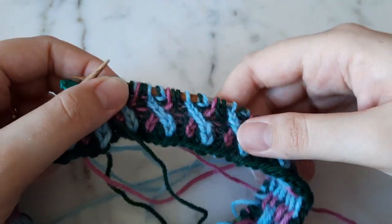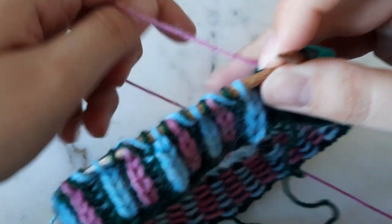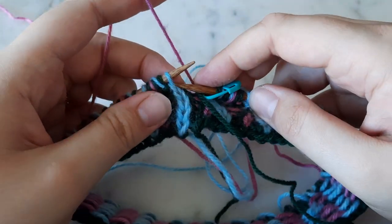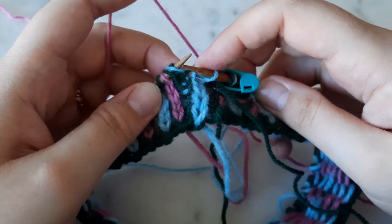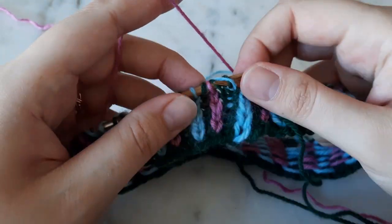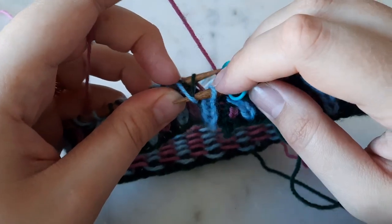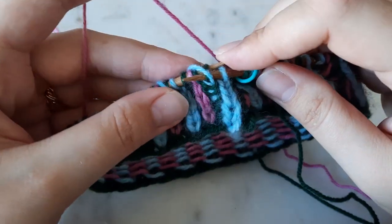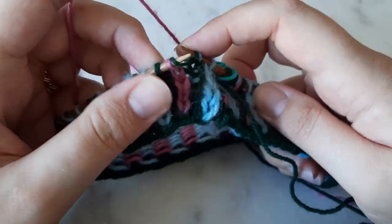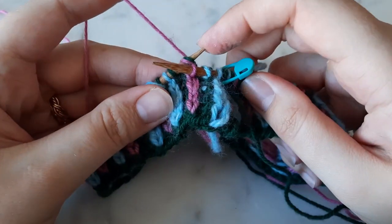Okay, so you can see I have finished working my way around with the blue, and now I'm going to continue working the same row, working my way around with the pink. So I'm going to slip that first stitch and then slip the second stitch with its yarn over. Now this yarn over, because it doesn't have anything holding it until that next knit stitch, may slip over the other two knit stitches. So similar to what we had when we were working the color A, we have to be careful to catch that yarn over and bring it to the back. And now I'm going to knit with my pink